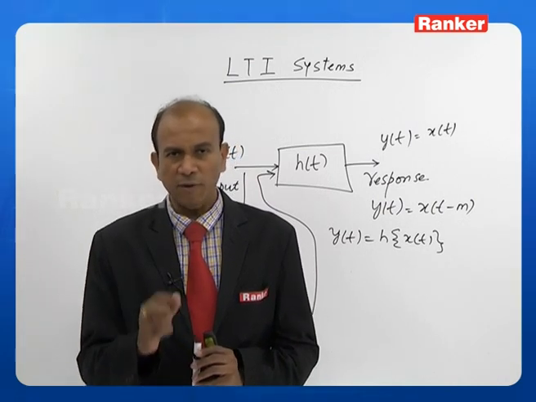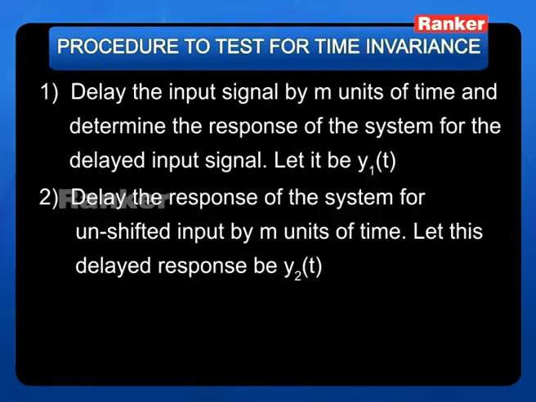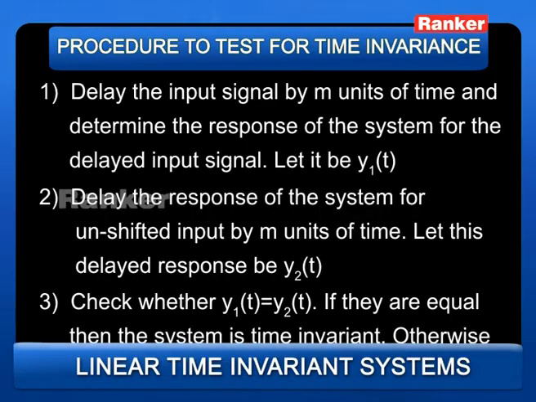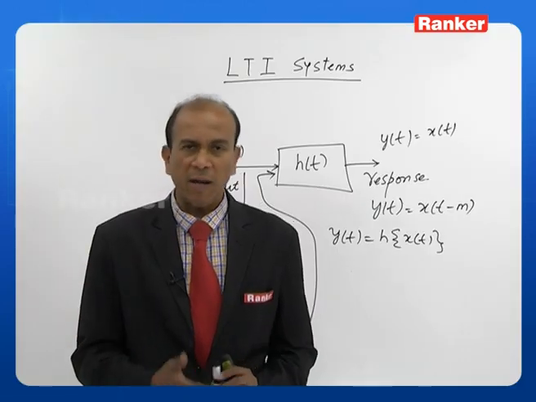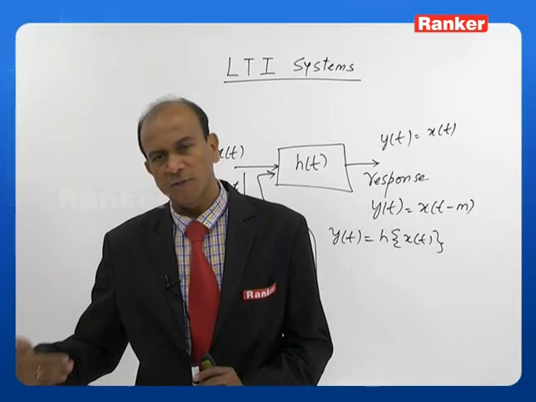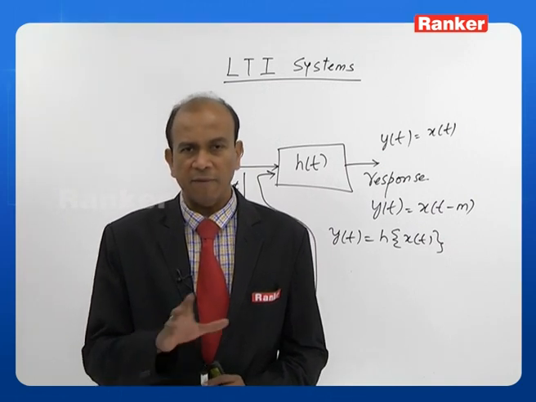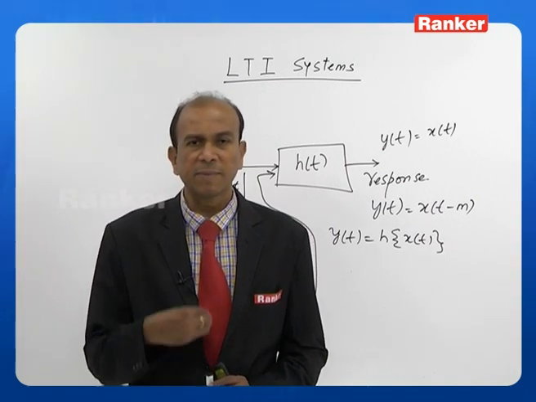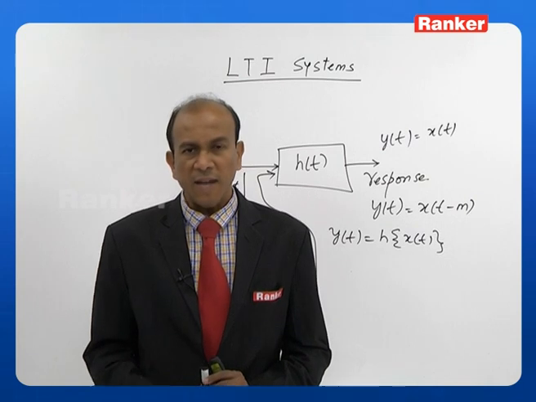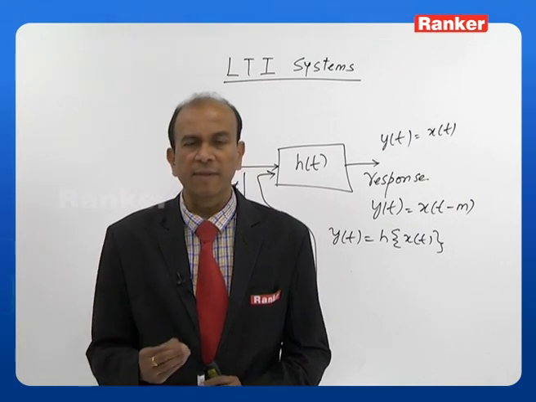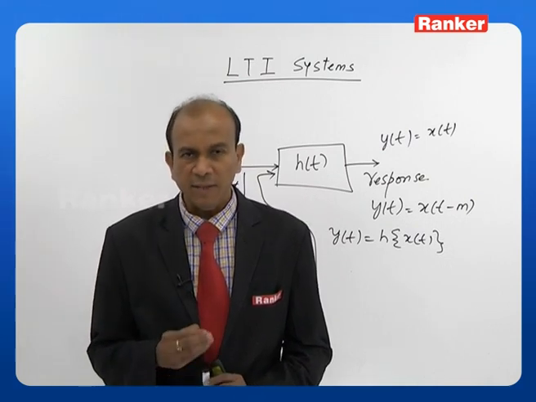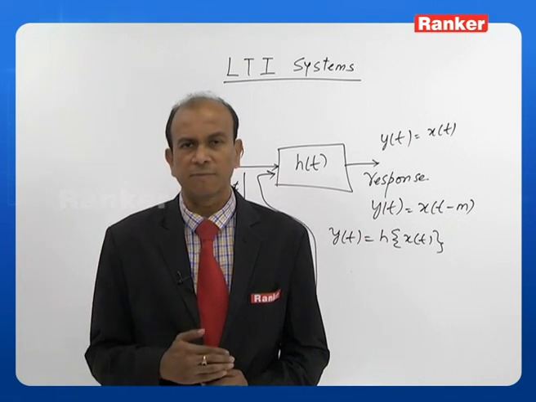So we need to measure this y1 of t and y2 of t. Then finally we will see whether y1 of t is equal to y2 of t. If they are equal, then the system is said to be time invariant. Otherwise the system is time variant. So simple. I will calculate y1 of t, then I will calculate y2 of t, then I will compare. If y1 of t is equal to y2 of t, then the system is said to be time invariant. If they are not equal, then it is time variant. So this is how we test a system for its